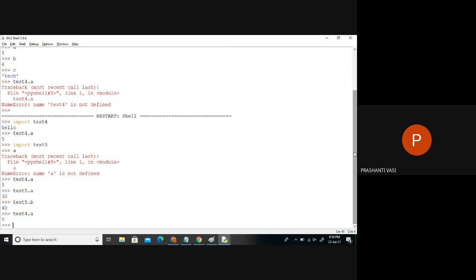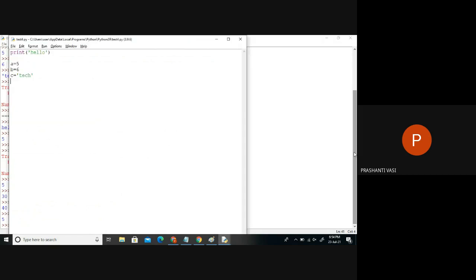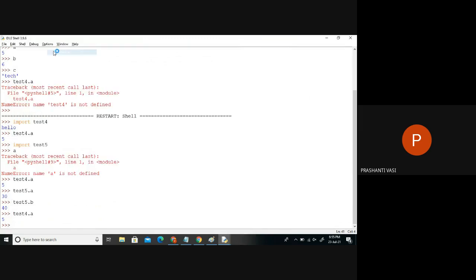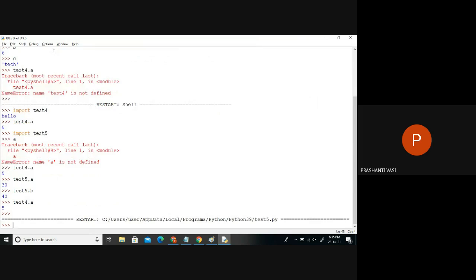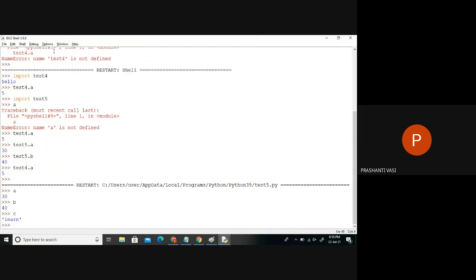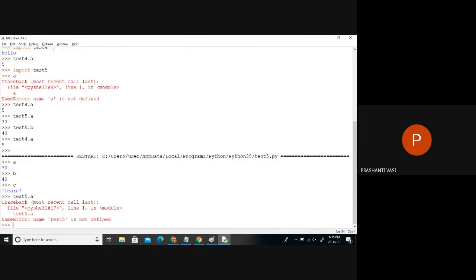Right? But instead, if you directly go to the location of the file and click on run, it means you're directly running the file only. When you click on run, the whole code is directly loaded without any file description. And now if you're directly running the file, the file name will not work.